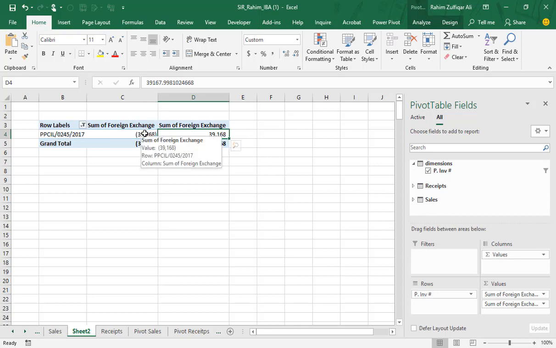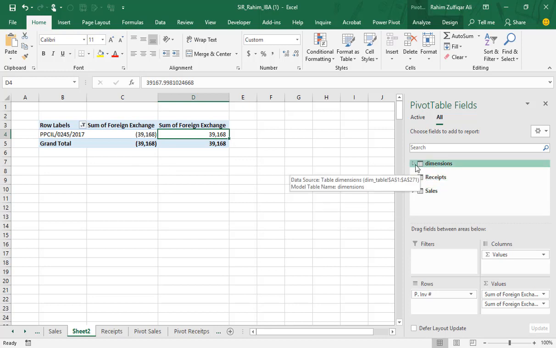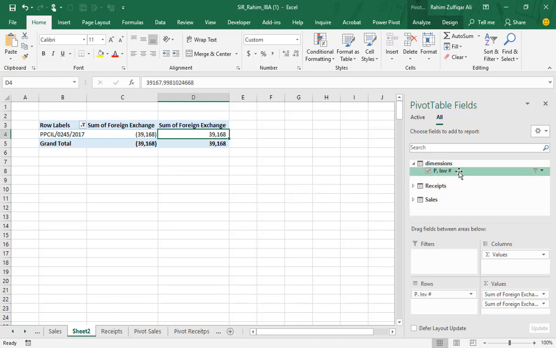One is positive, one is negative, and here we can confirm that we have created the relationship correctly. We have connected the two different data sources with the dimension table, which contains the unique list, and it is successfully connected with the receipts and sales tables.